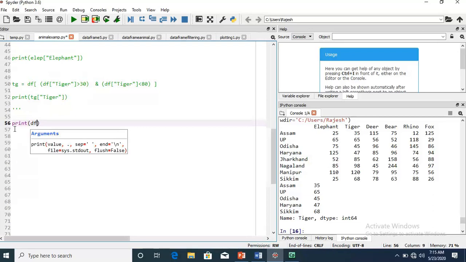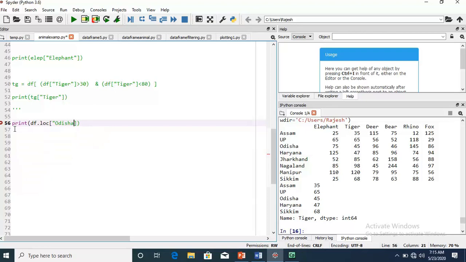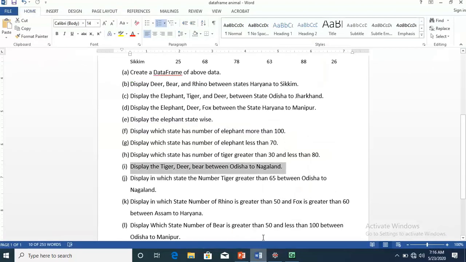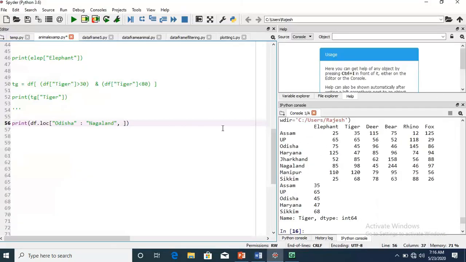Then print df dot, we have to display, I am using LOC, it is Odisha, then Nagaland. You can also use ILOC, it's totally dependent. And what we have to display here, which animals, tiger, deer, bear.